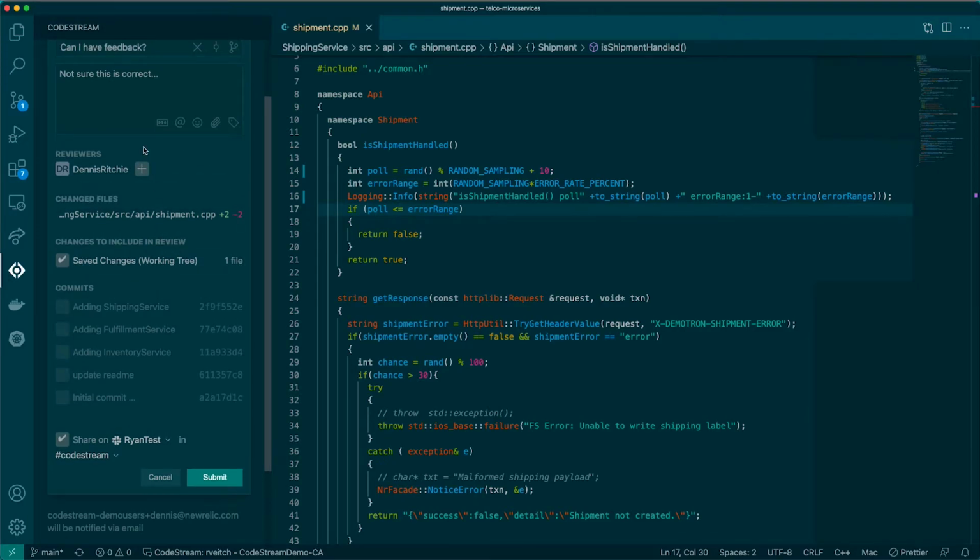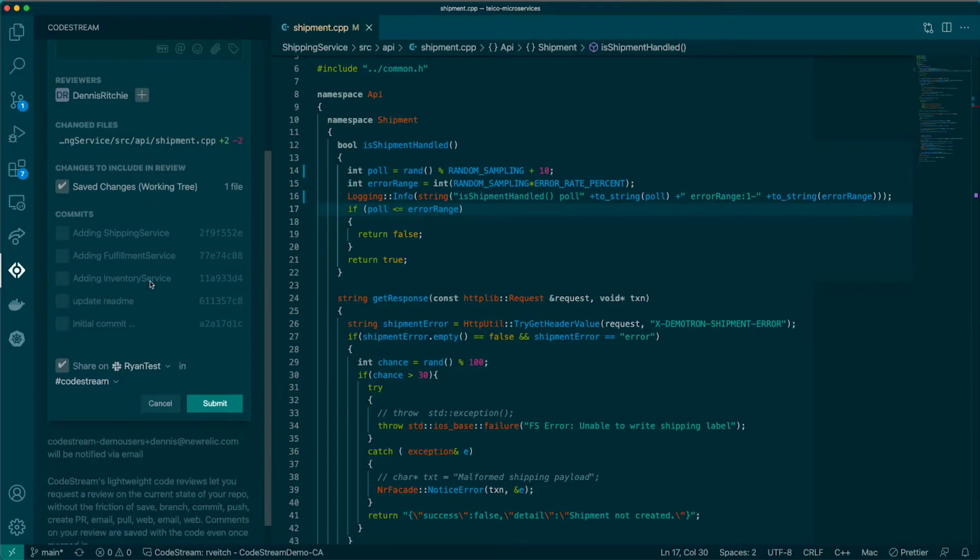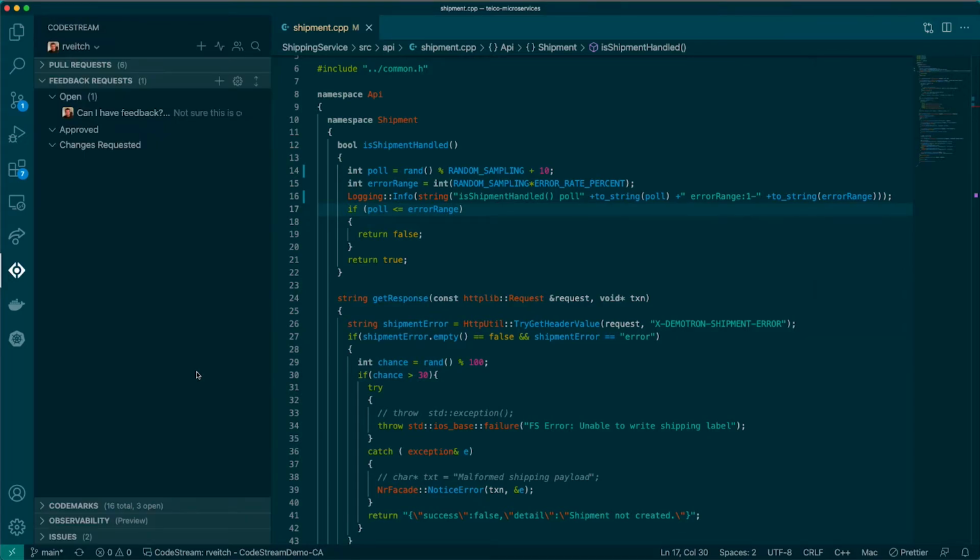So now we've got everything set up. We've got the request in place. We've got the reviewers selected. And in this case, because my team is collaborating on Slack, I've selected my Slack workspace and the right Slack channel, and I'll submit that feedback request. So now once this goes through, we'll get a Slack message in that Slack channel, and whoever it is that has been selected as the reviewer will get an email as well.